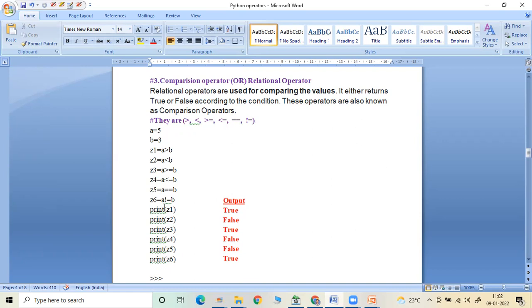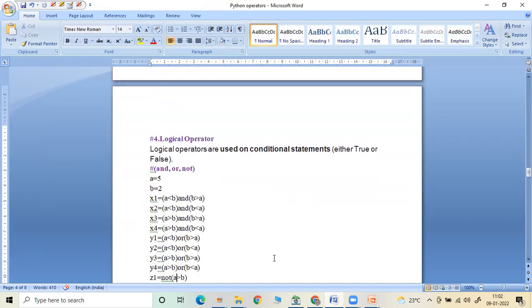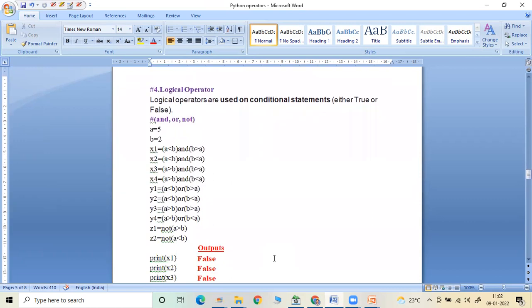So that is the reason we will get false here. So A is not equal to B, yes, it is true. So this is all about the comparison operators. Next, logical operators. There are three logical operators: and, or,